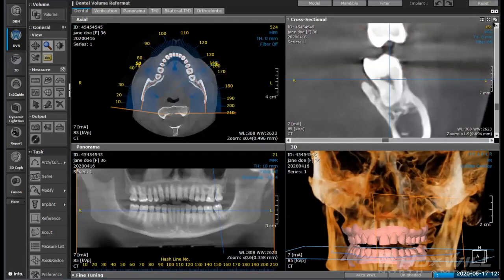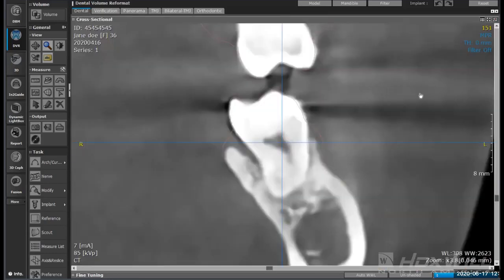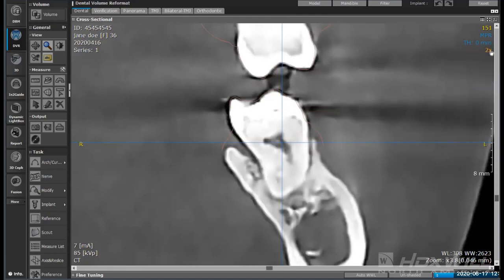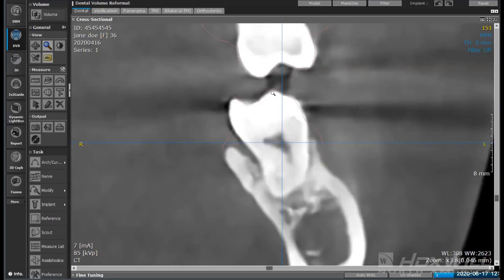And what we can see in this image up here is that now with the STL in place, this little red line that you see across here is the STL, and then you see the CBCT as it comes across. What's nice about that, and I'll take down that filter, is that we can see where that soft tissue interaction is around where we're putting the implant, so we know that we're at the